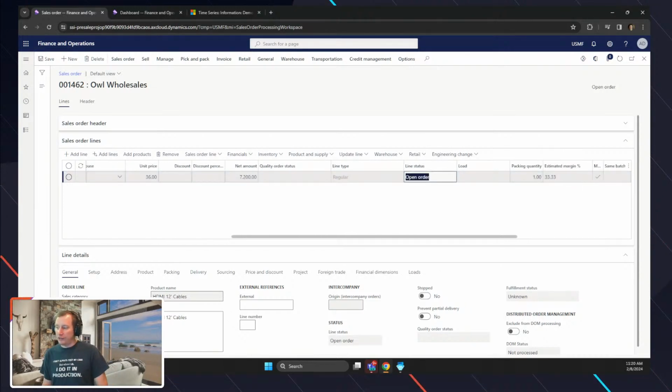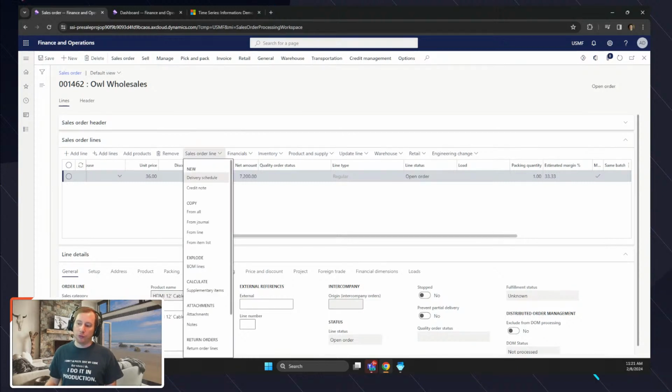And as you can see, our estimated margin on here, because the cost of these particular products is $24, we have a margin calculation that's occurring, and we can see that that $33 or 33.33% is really what that margin is going to be. Now, this is another area where I take some of these features for granted, to be quite honest, but from a distribution perspective, remember the margin calculation that's related then to this particular sales order line